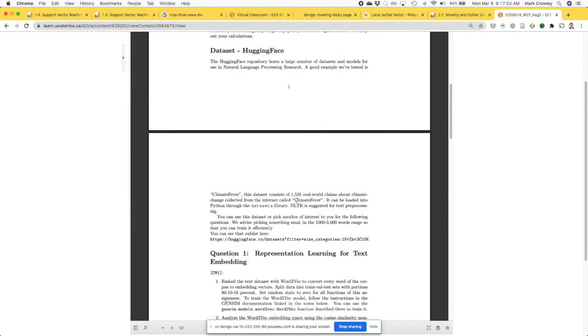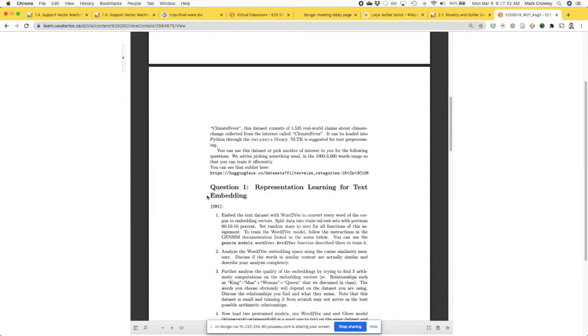So there's data sets on this website called Hugging Face. Weird name, great data set. And you don't have to use this climate fever one that we used, but you can pick other ones. That one worked well for what we're asking, so you know at least that one can work. We're suggesting other ones that are similar size if you want to try them out. If you try something that's like 10,000 sentences, it might actually take your computer a very long time to run it. But it'd be nice for you guys to explore and find other ones that are of interest to you,